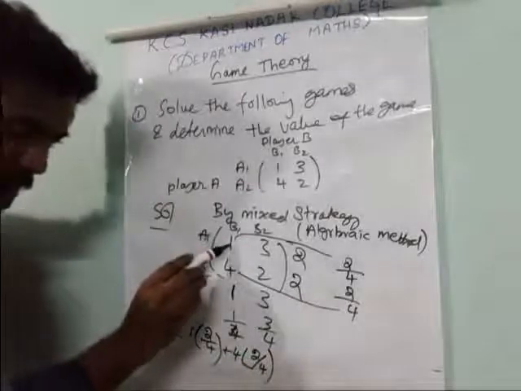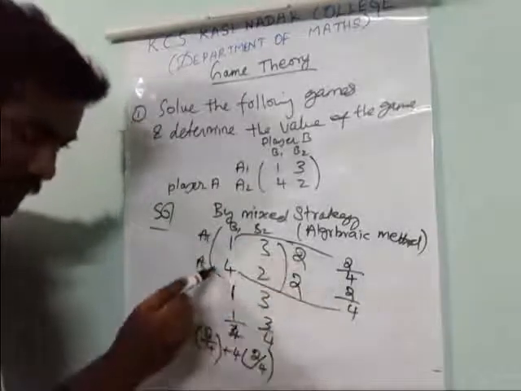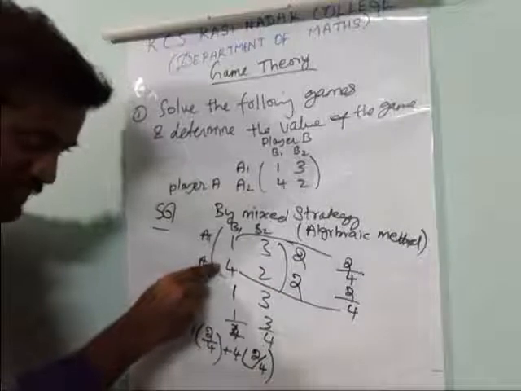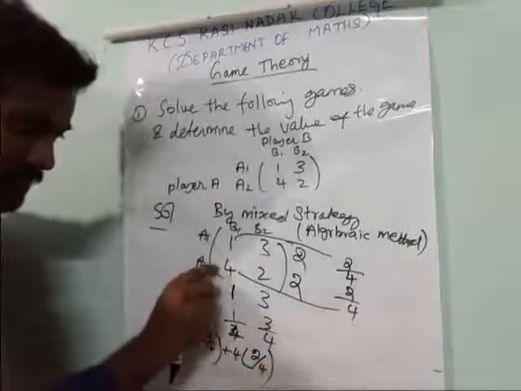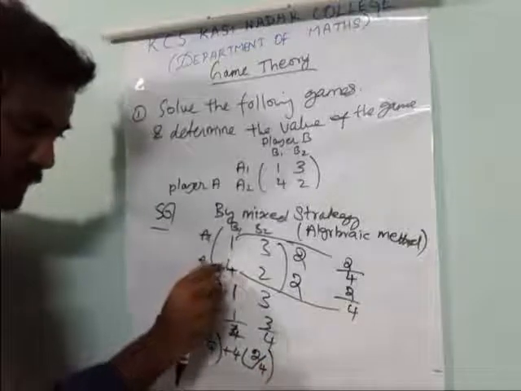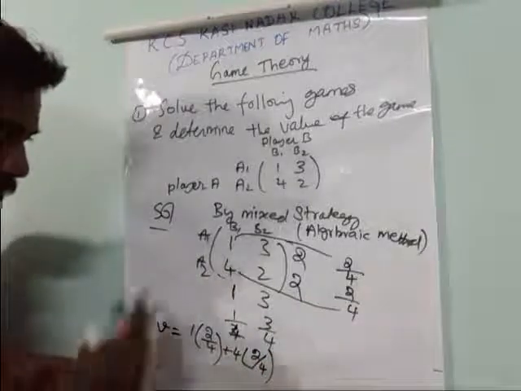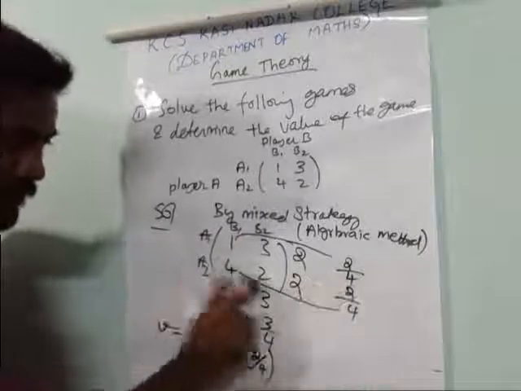Okay, so we take the first number into this one. Plus: if there is a plus sign, or nothing, it means plus. So plus 4 into this 2 by 4. Sometimes if it is negative, you put the minus sign. So now 1 into 2 by 4 plus 4 into 2 by 4.